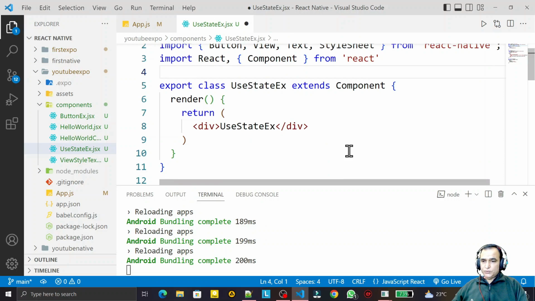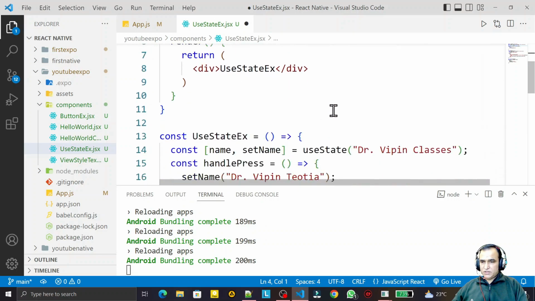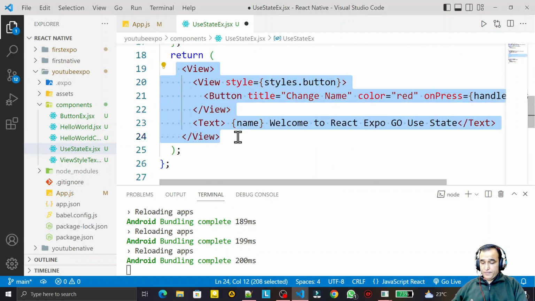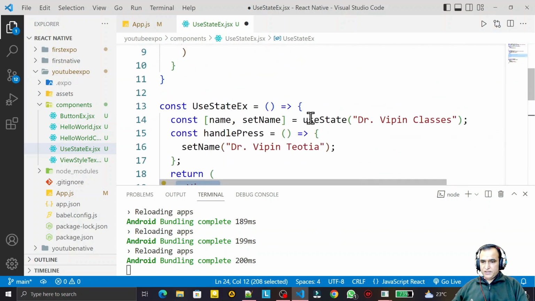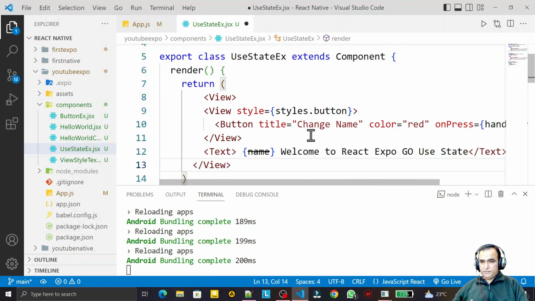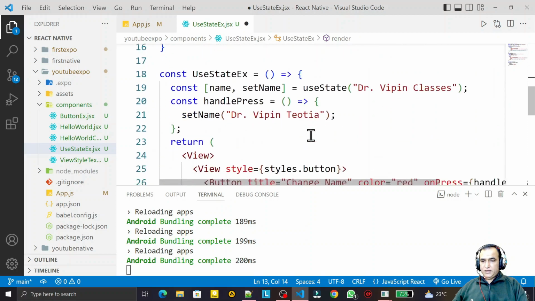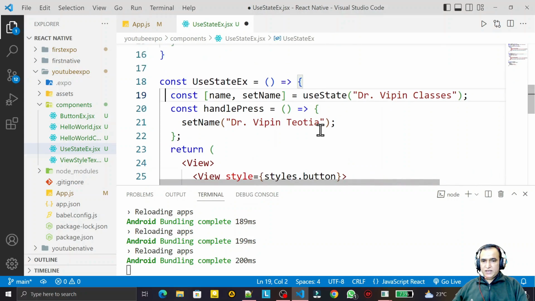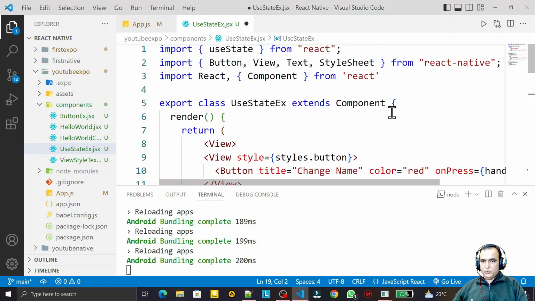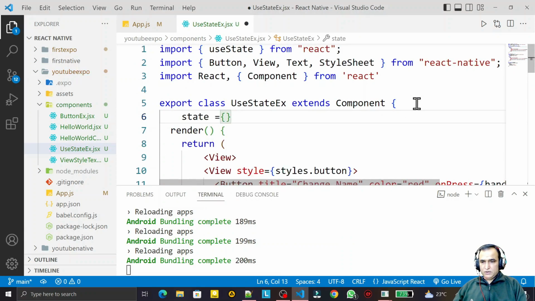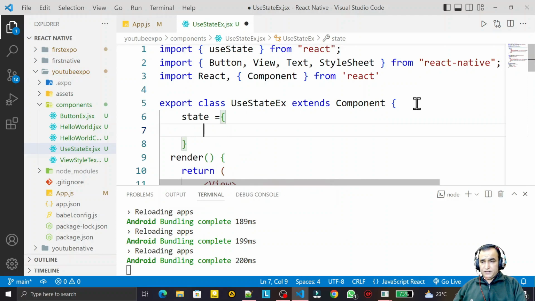Now here I have useState, so this information under this I have to copy and paste in the class component like that, paste it, and I need to create a state variable, and I need to create this button also. So for creating a state variable, I have to say here state equal to like that, and here I have name,